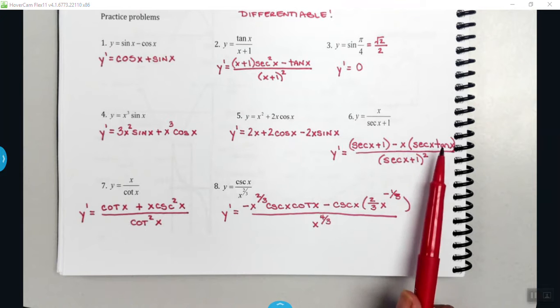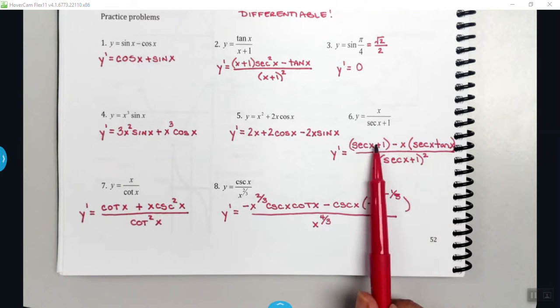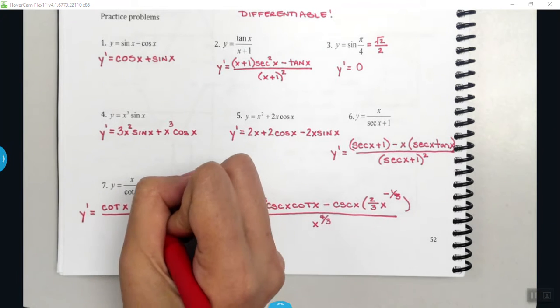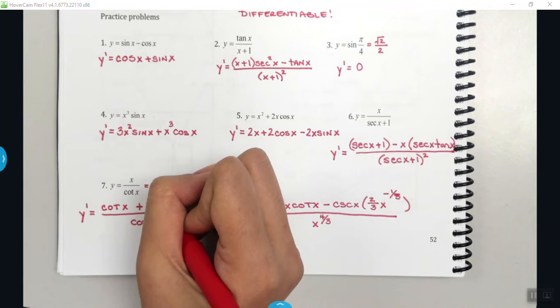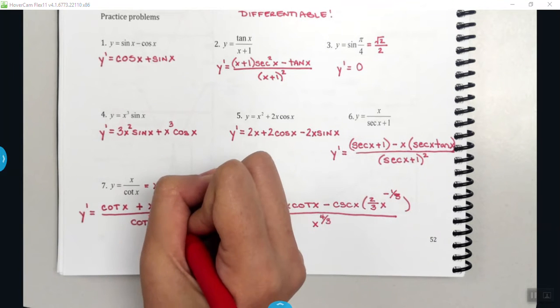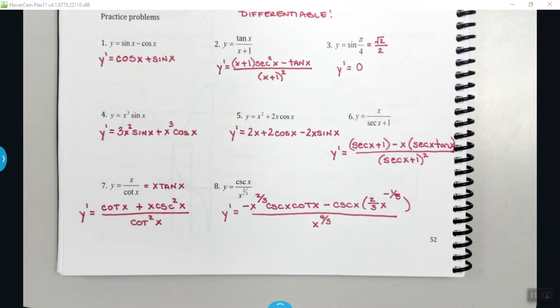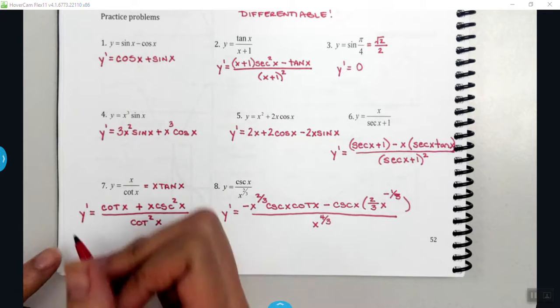6, quotient rule. 7, I did quotient rule, but if you wanted to, you could make it x tangent x, right? And then do product rule. Because I think that it'll